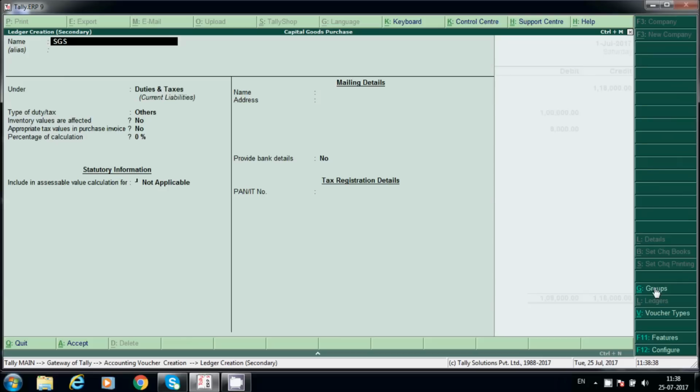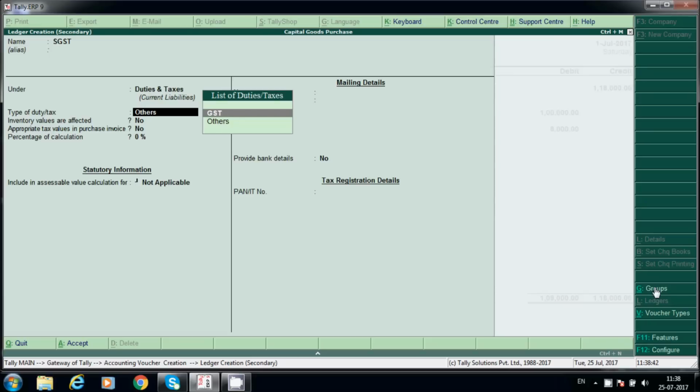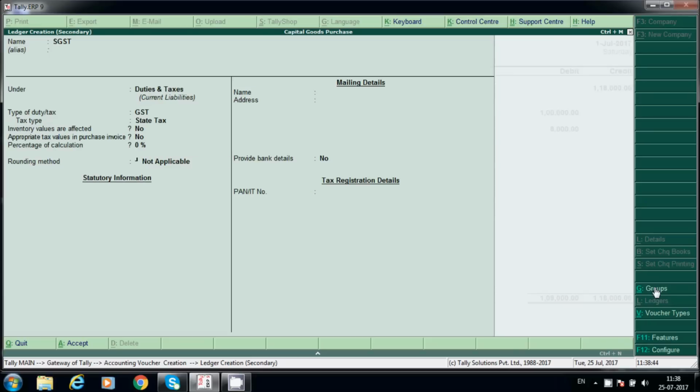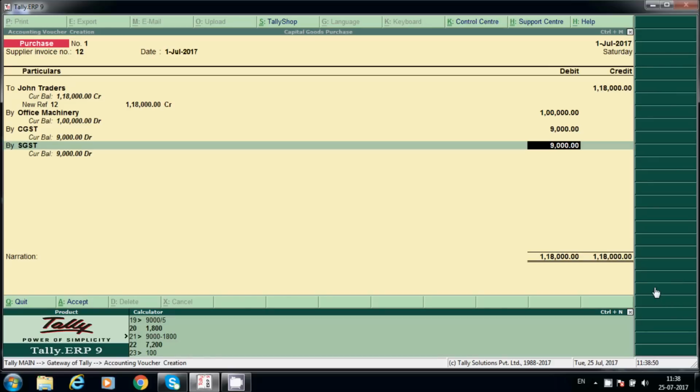And SGST, under duties and taxes, state, 9,000. See here, Control N for calculator, 1 lakh into 9%, because we are purchasing within the state, so CGST will be 9% and SGST will be 9%, the total is 18%, 9,000 each.